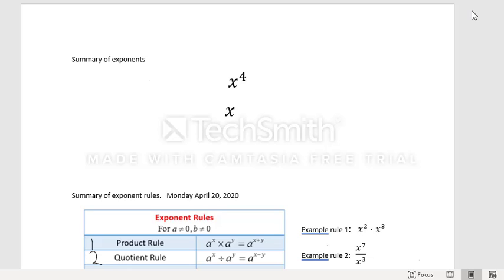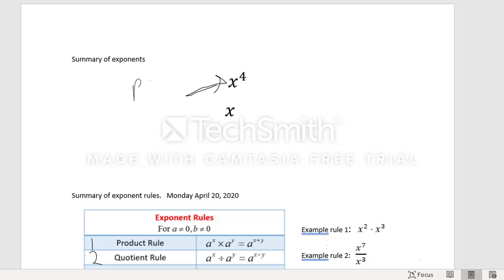There are a few things I want to go over again with exponents, a couple things I want to clarify, and then we're going to add a couple more rules onto the ones that you guys did on Thursday. So first, when we're dealing with exponents,